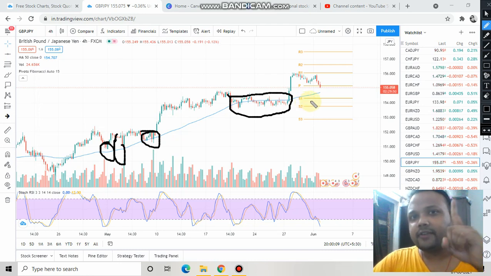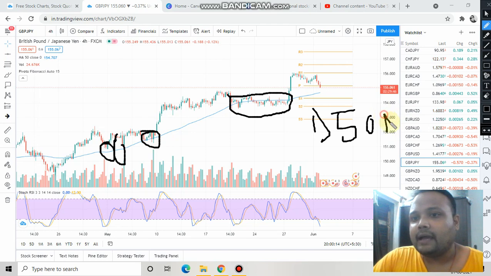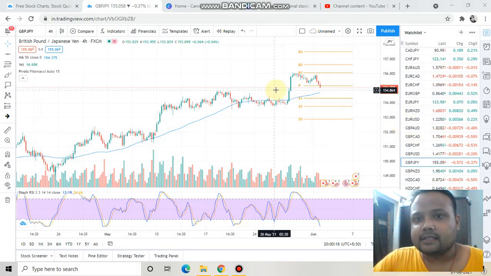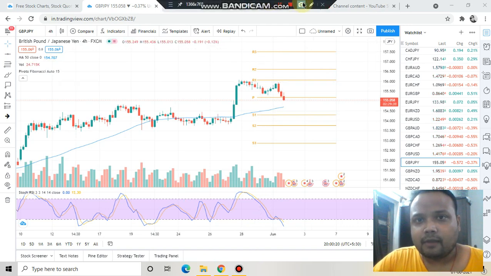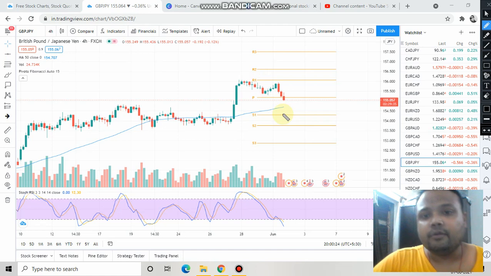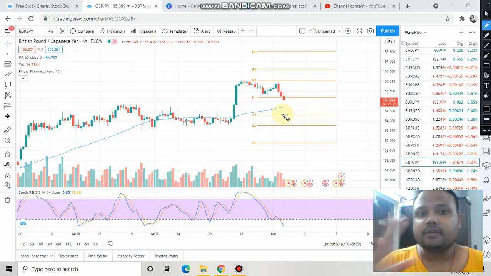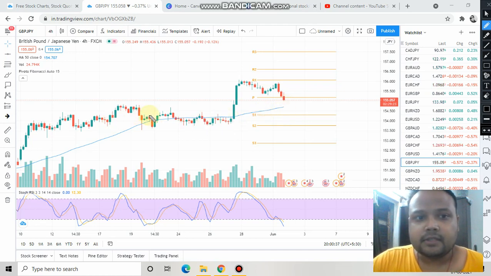So our first trading opportunity is to go for buy near the 50 moving average. Right now you can see that the market is coming down, so wait for the market to come down and hit the 50 moving average. When it reaches the 50 moving average, do not buy blindly. You need to observe the price, observe the market, try to read the chart, try to understand the market emotion.